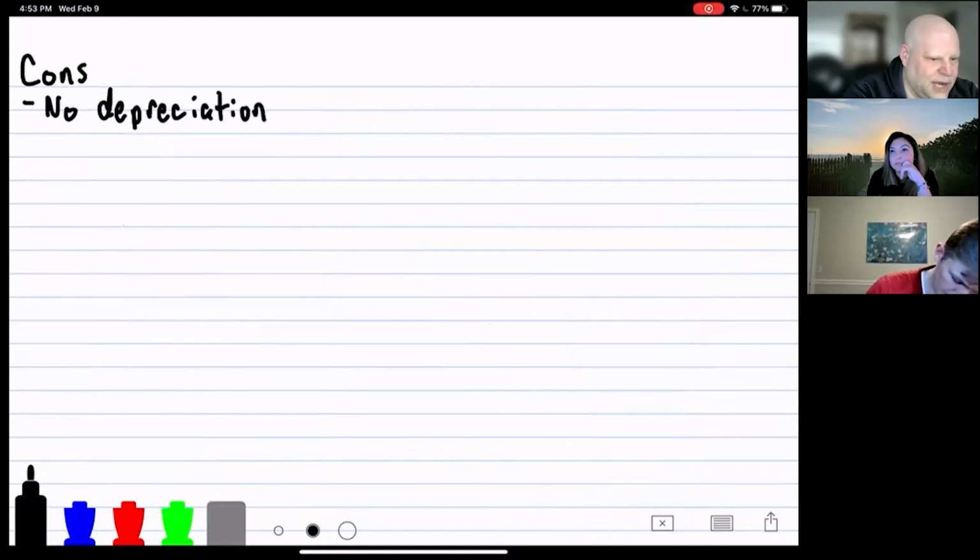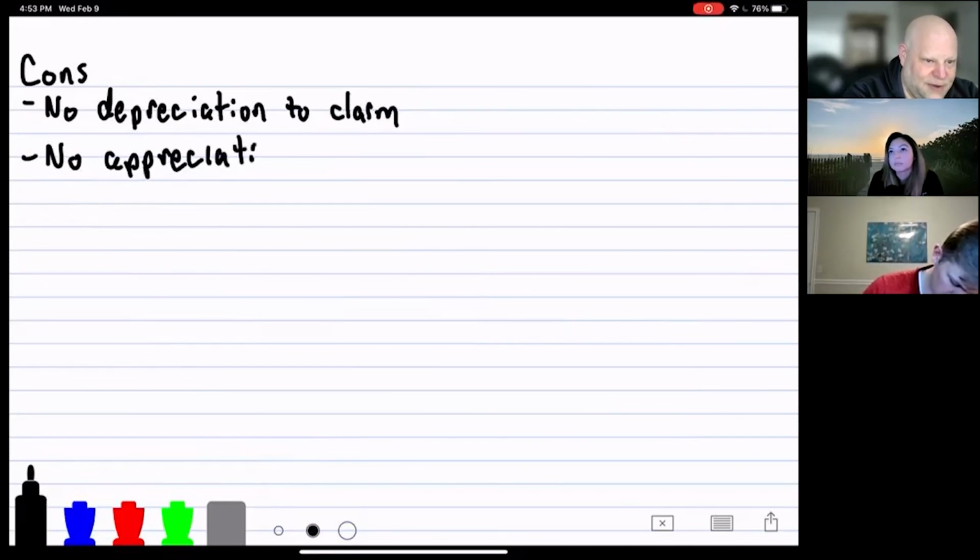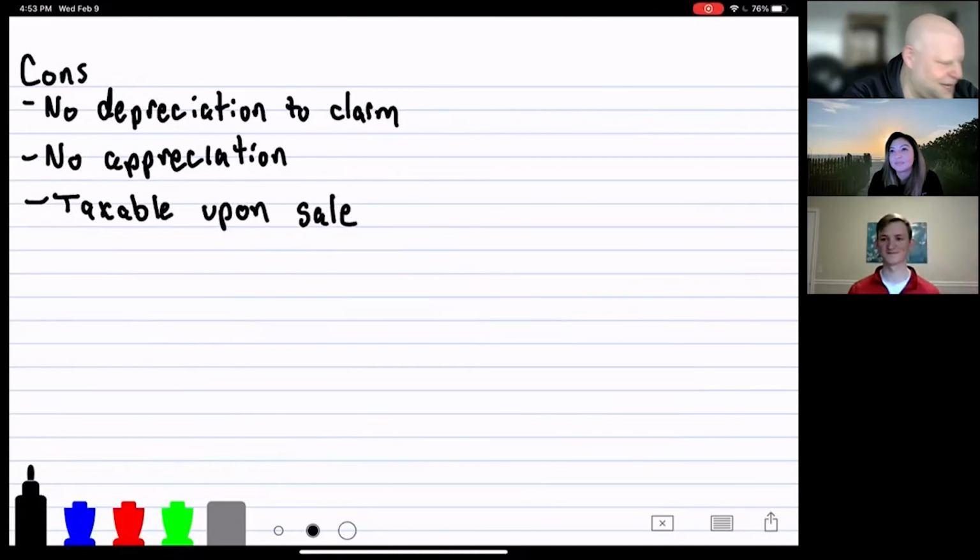To me, you always want to have a balance, but you've got to be careful that rentals are not for everyone. And owning rentals is work. Don't be fooled. It is work, and it costs money. And typically it costs money when you don't have lots of money. I don't know why that is. It's just Murphy's Law. And you've got to be careful, because you have tenants that don't pay, you have to evict, you have issues with